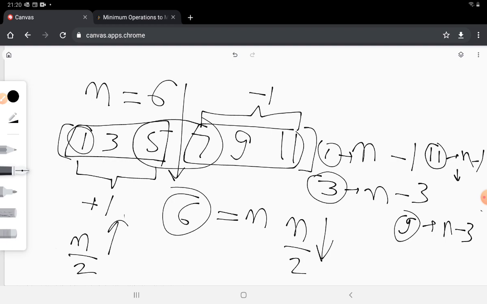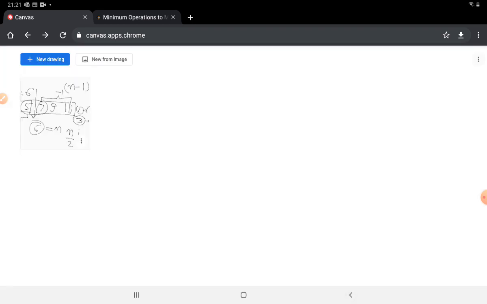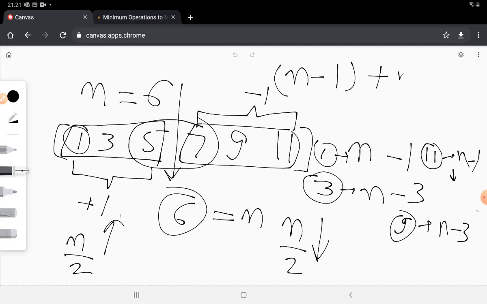If we sum up all the steps, it translates into a progression of numbers. What is that progression? If you see, we have to first move the first item by n minus 1 steps, then the second item by n minus 3 steps, and then the third item by n minus 5 steps, and so on and so forth.